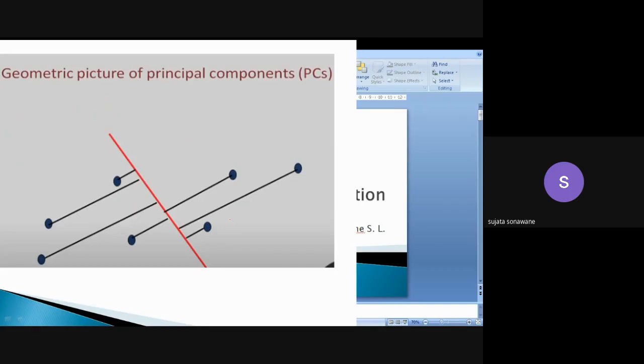Okay, so here what we have done: before this we had a two-dimensional feature space, and we want it in the one-dimensional feature space, so we have to select the axis. For that purpose, the red line given here is your axis, and you have to map all these points on that axis. Okay, so when you map it, you can see it like this.